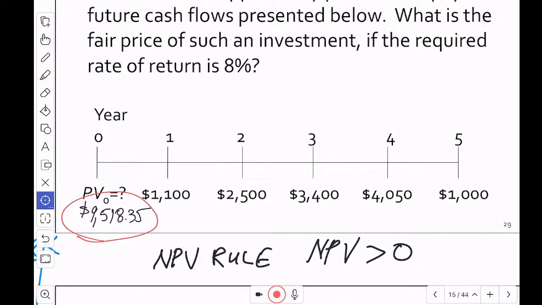What is the future value of these amounts in the future? This is like a secondary question, critical thinking, right? So what is